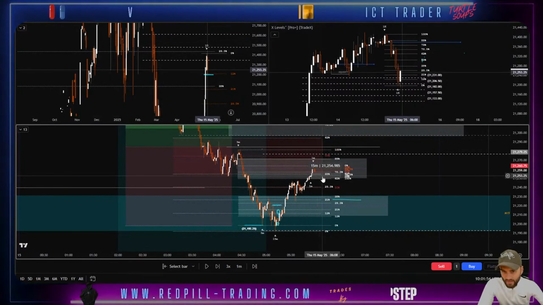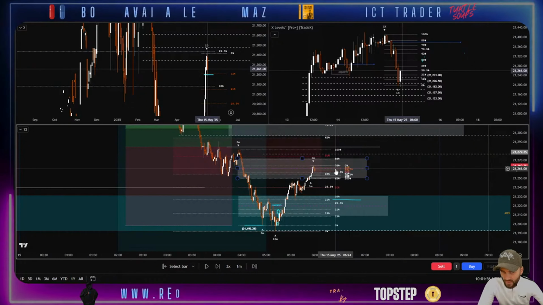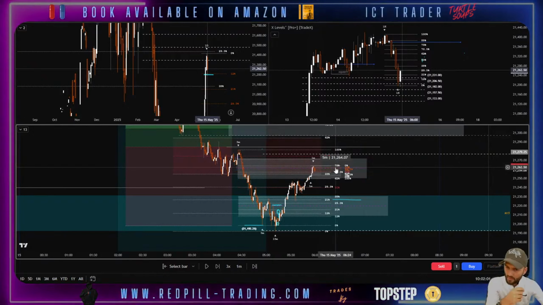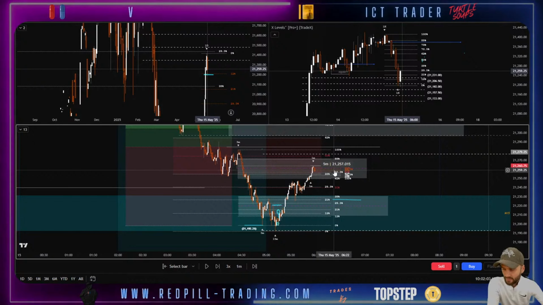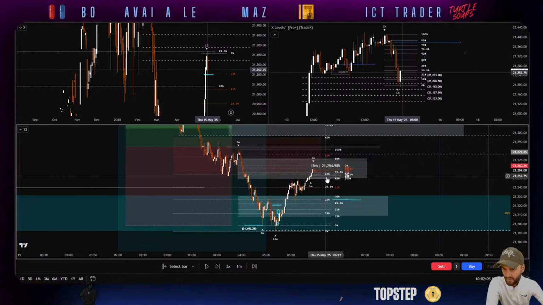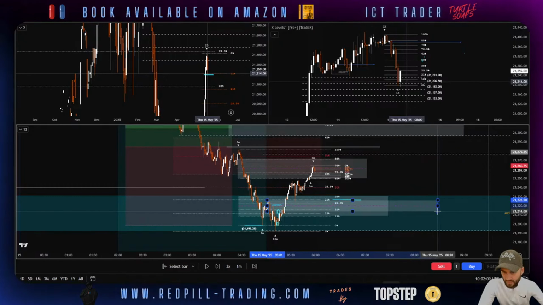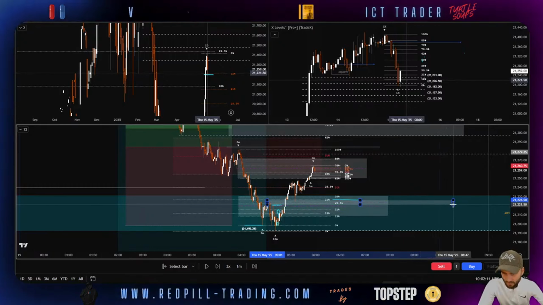I'm taking it back up into a premium on the 5, right into here, because I know that this is where price can offset accumulate. I know it's where it can offset accumulate. So for example, this is where you get your secondary entries. So if you're looking for your breaker block,